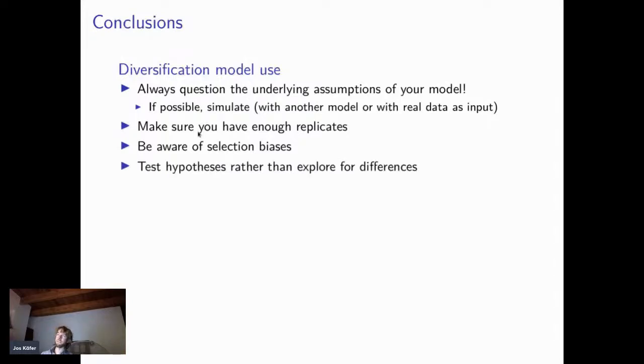And one of the recommendations we also made in this paper, where we surveyed the SSE models, is that you should only do this actually with a hypothesis on diversification in mind. Because if you're going to explore a phylogeny with different methods to look for differences in diversification rates, you will find some. But if you don't have a hypothesis, then you might just be looking at correlations or type 1 errors.